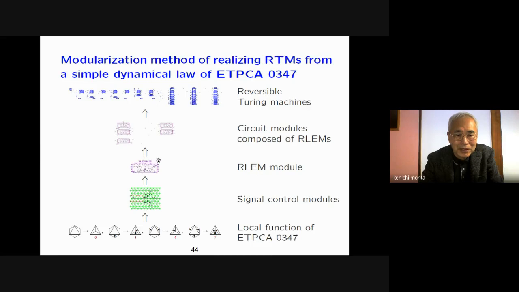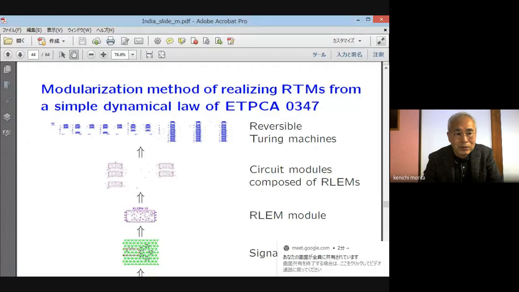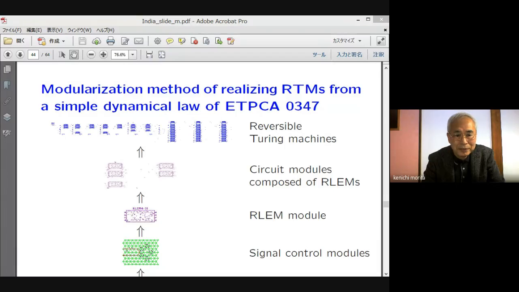And then after that, the RLM designing method is used to further construct complex machines. In such a way, I step by step found a way of designing the whole configuration. Oh, thank you. So difficult a task.